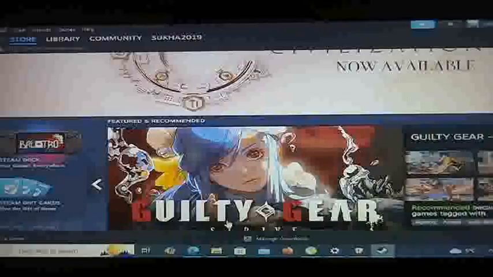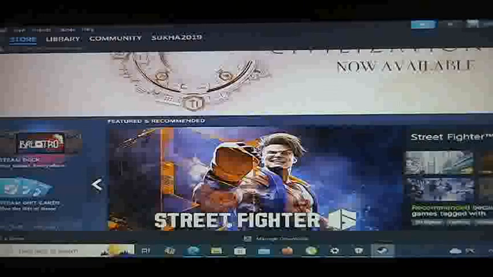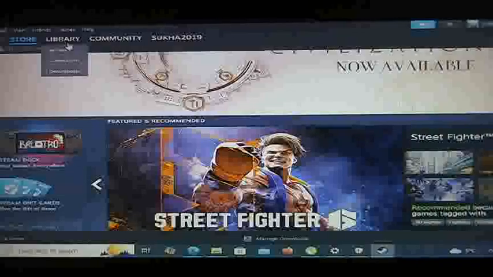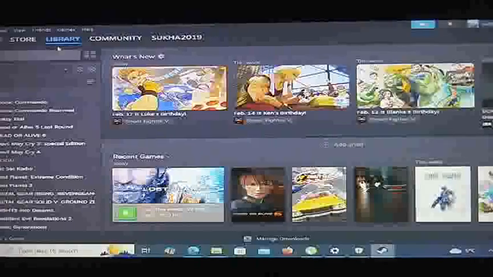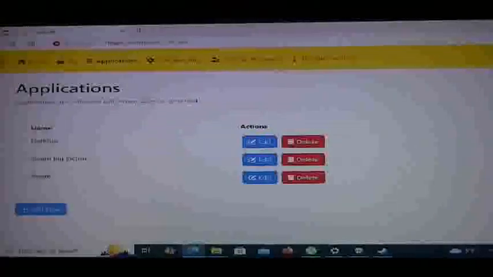So this is the resolution of... so even Steam looks like that. Do you see that? It's like a strip in the middle. Okay? Now the other thing I want to point out to you,